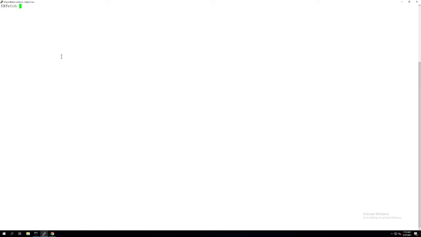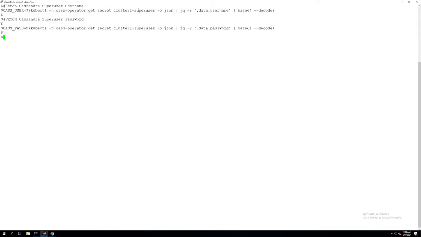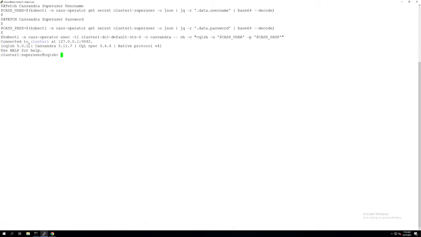Before we do the failover operation, let's add a couple of entries into the Cassandra database to make sure that when we do a failover operation, our data remains intact. So we'll fetch the Cassandra username and password. Since this is the K8ssandra deployment, it doesn't use the default Cassandra username and password. You have to fetch it using the kubectl command.